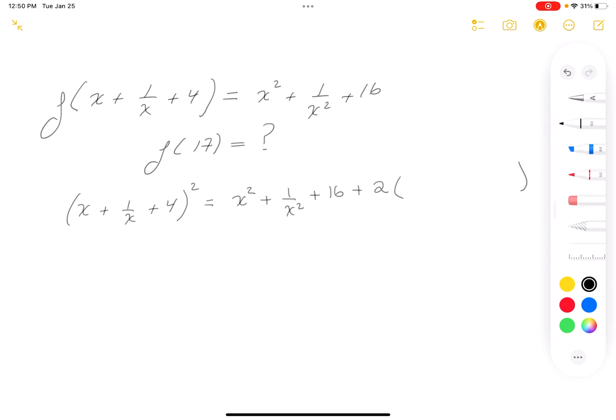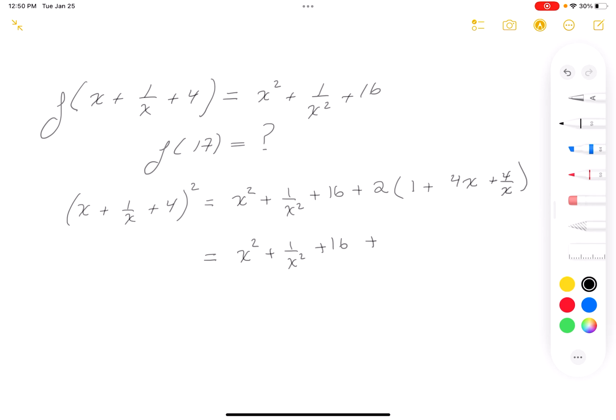Well, x times 1 over x, which would be 1, plus 4x, and then it's going to be 4 over x. I realize this is tough, but let's keep going. You get x squared plus 1 over x squared plus 16 plus,